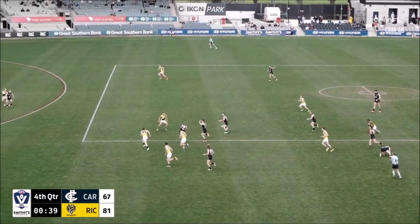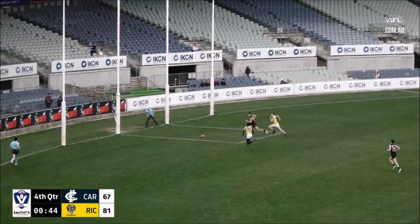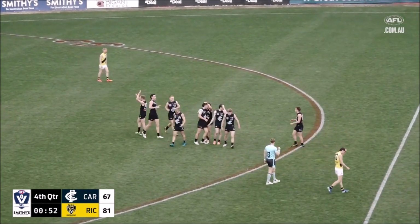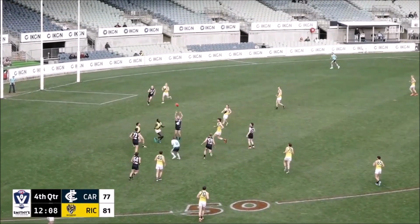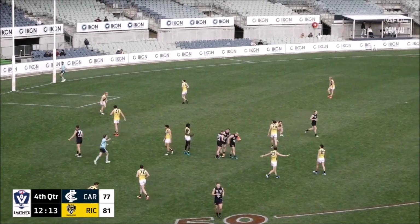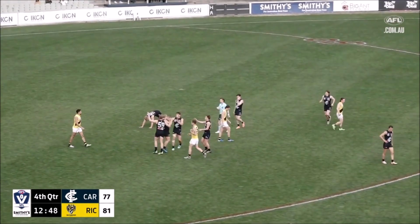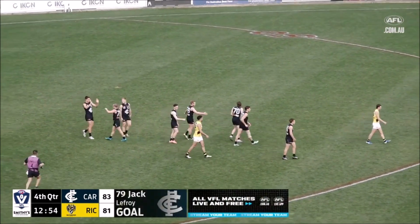And extracted out of the clearance here. It bounced up nicely for Lefroy. Ferrinato from the edge of the centre square. It's a wobbly old kick that's tracking goal at bound. It's an amazing goal. Ferrinato out of nowhere, and Carlton are roaring back into this match. Floats across and intercepts and then kicks into the 50. Carlton have numbers. Carlton have the mark. Into the lap of Jack Lefroy. So he hasn't kicked a goal today yet. He has now. And Carlton snatched the lead back. And Richmond, who have been tormented and haunted